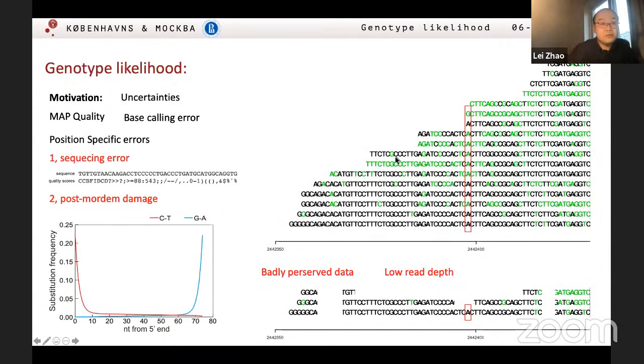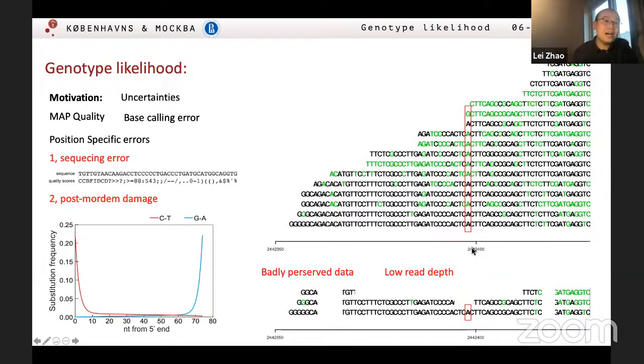So now we come to another concept, which is genotype likelihood. The genotype likelihood is different from the MapQ score. Now assume that we pair up all the short reads along a reference genome. For each position, you will get a lot of base read data. Like maybe for this specific position, you'll have, if I remember right, 10 A and 1 G, or maybe 11 A and 1 G, I forgot. If you get this kind of data, how can you tell me the genotype here?